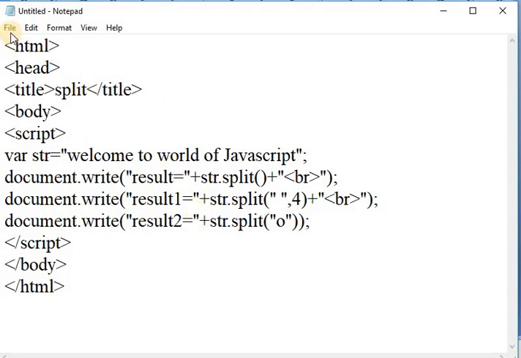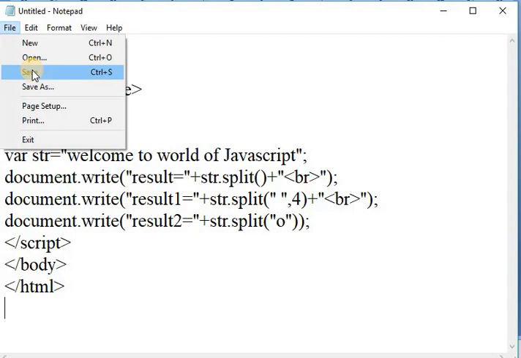Save this file with the extension of HTML.